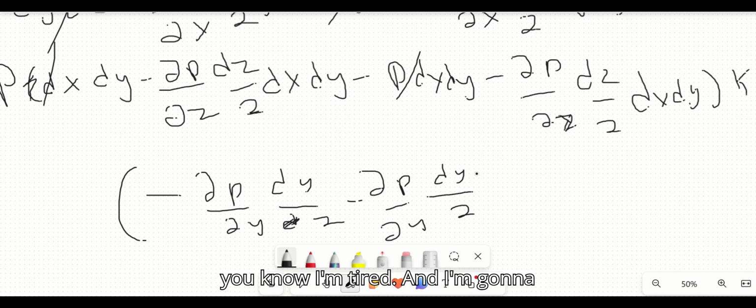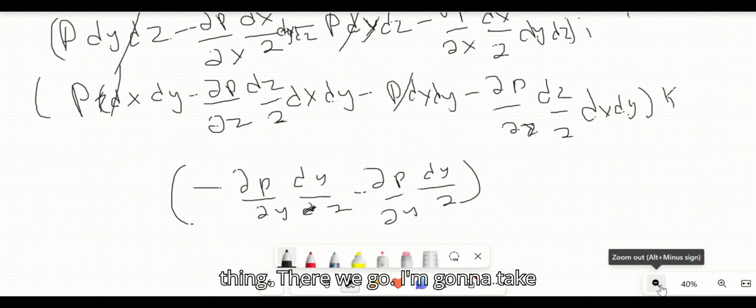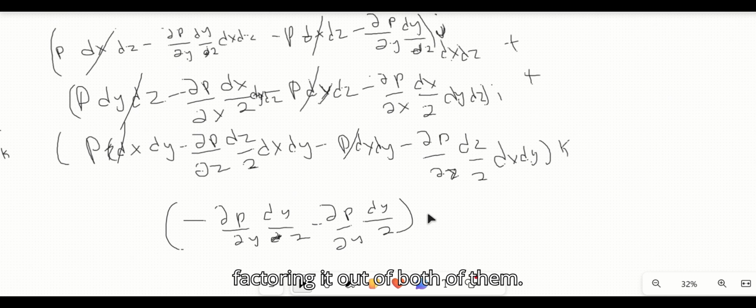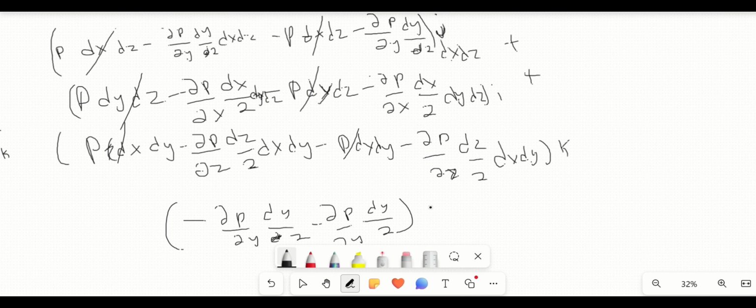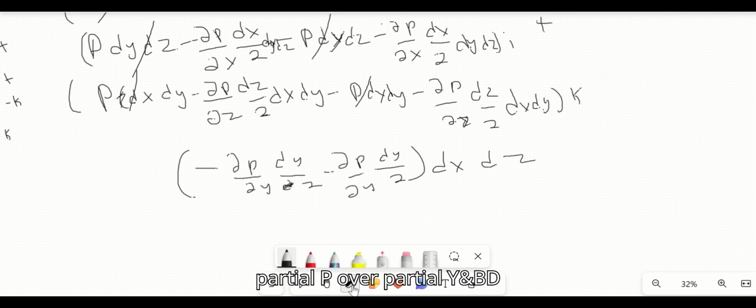And I'm going to take out the, how do I zoom out of this thing? There we go. I'm going to take out the dx and the dz. I'm factoring it out of both of them. dx, dz, and you can factor out the negative partial p over partial y, and dy over 2 plus dy over 2, that's just going to be equal to dy. So you should really be left with